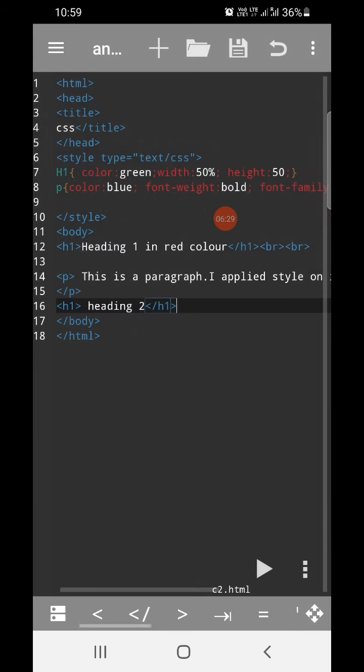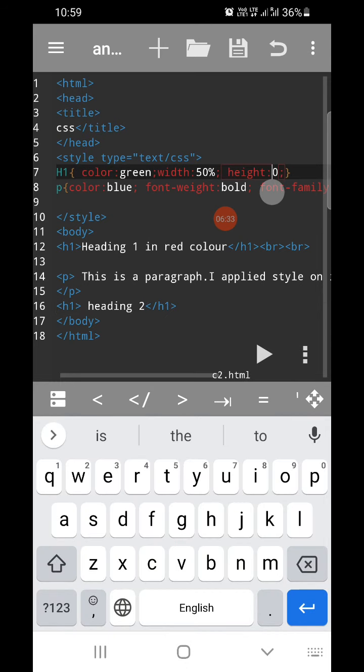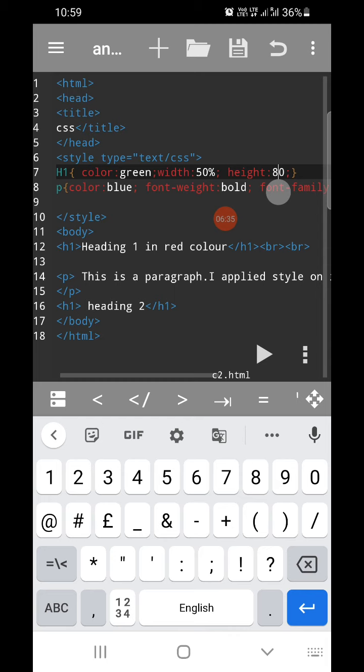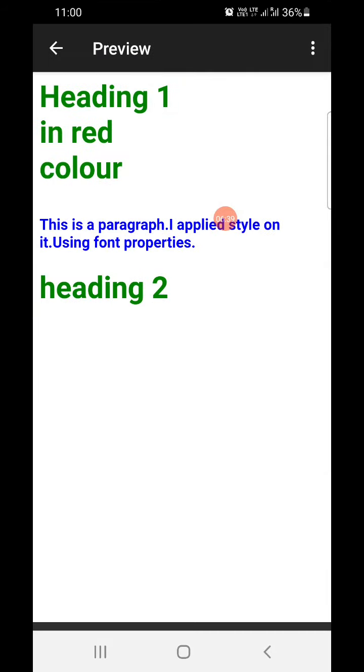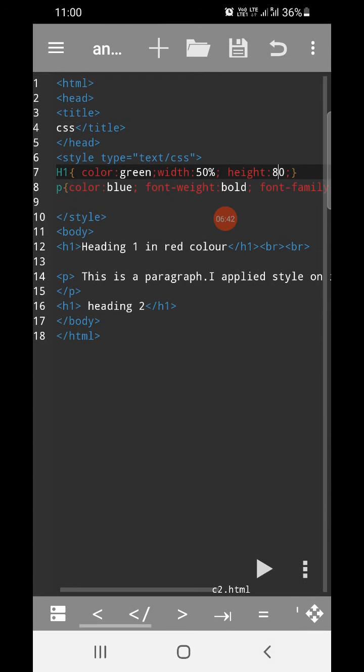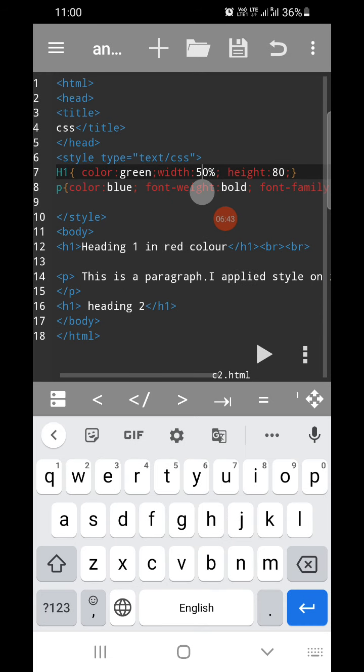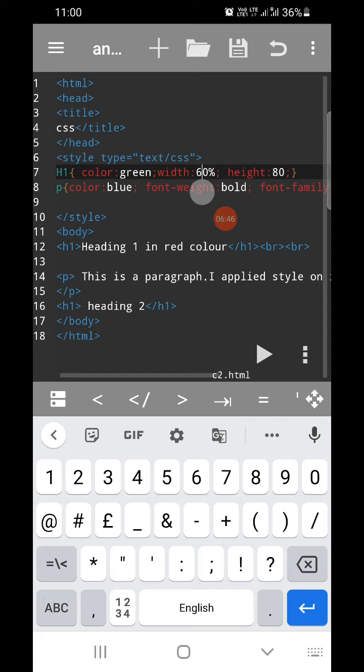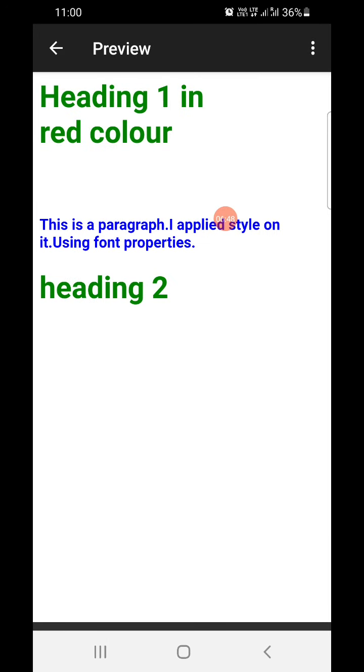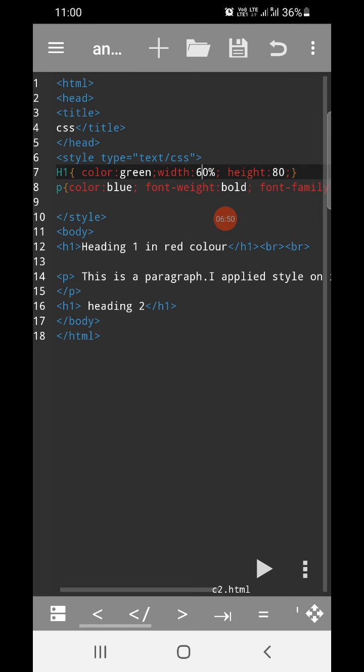And if I make changes, say increase its height, this will affect both the tags. You can see the effects on both tags. If I increase the width to, suppose, 60%. So this is the advantage of using a style sheet.